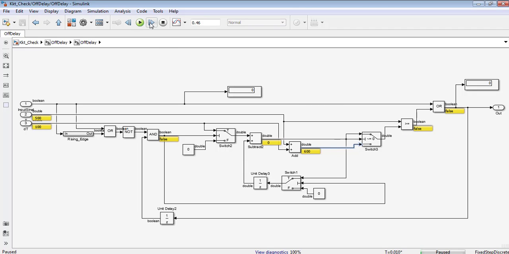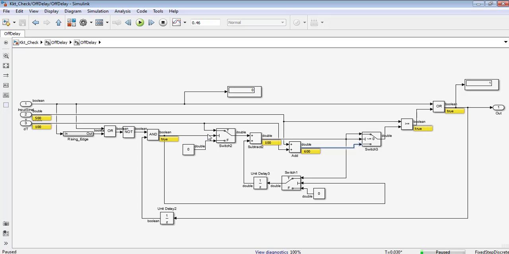If we take the next time instance, this is how the timer works. If we go to the next timestamp, here it becomes 1. Here it is false. If we go to the next time instance, input becomes false. Because of that, this will be 0. Even this will be 0. Because of that, it becomes 1, and the previous timestamp also becomes 1. So the output of the AND block will be 1.